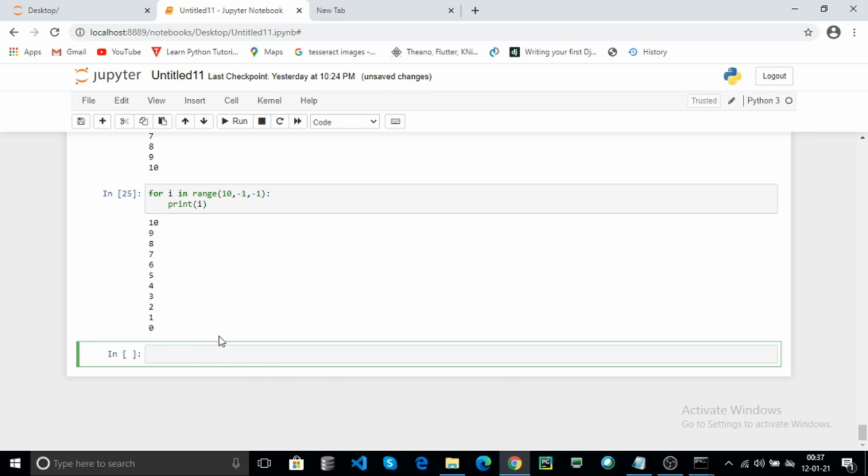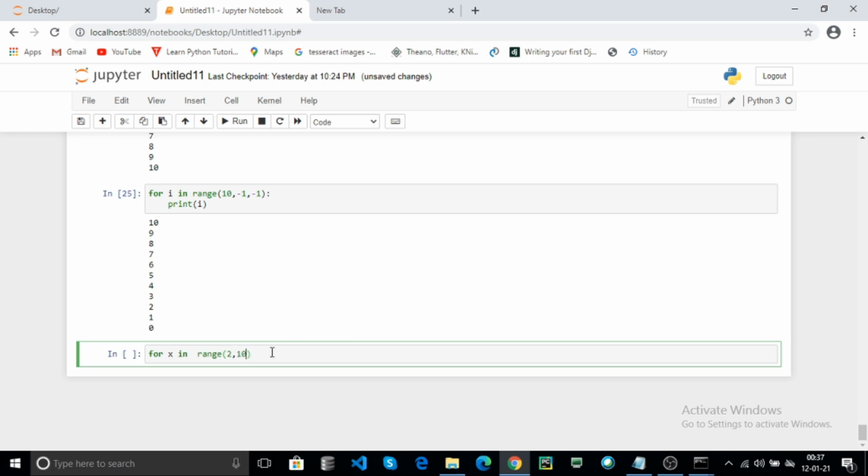And use the for loop to print the even numbers using the step keyword. For example, for i in range, you can use any alphabetical variable. The range of even numbers must start with 2. Suppose we want to print the even numbers below 10.